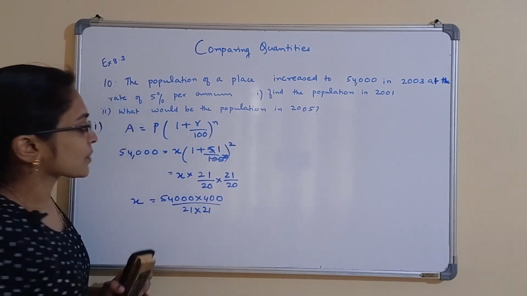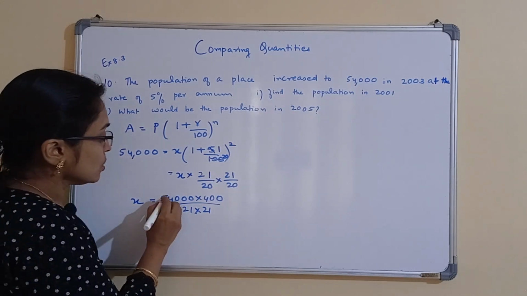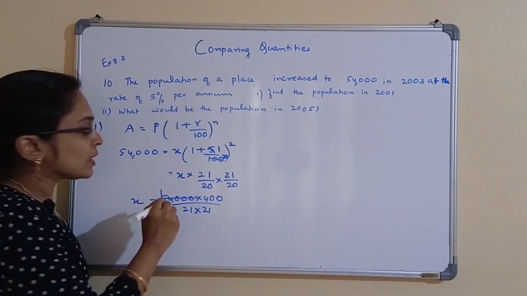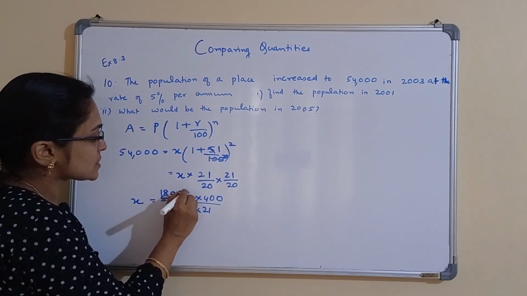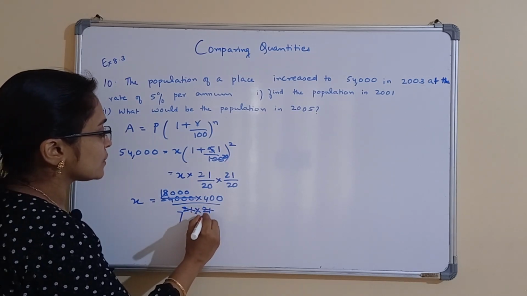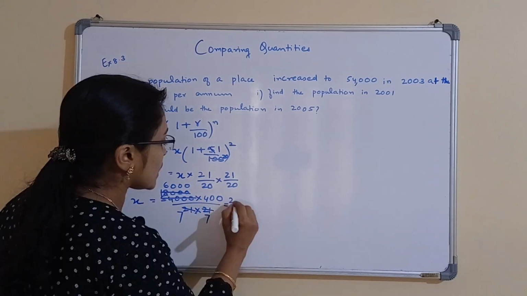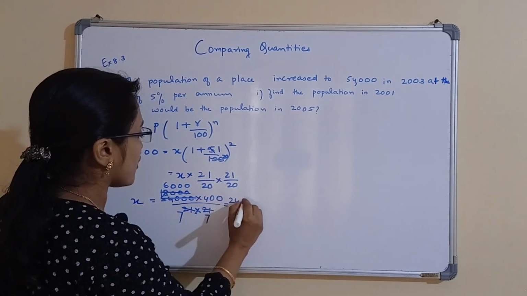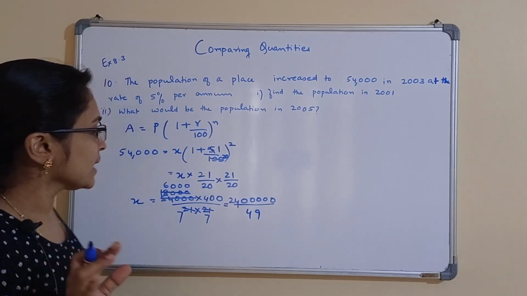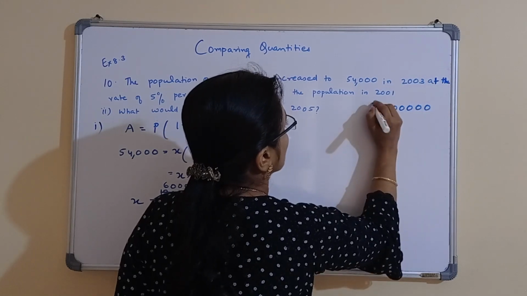Okay. Now 3, this is divisible by 3 and this is also divisible by 3. So 3 will go in 5 one time, then 2 remainder. 24 by 3 is 8 and 0. And 3 will go in 21 7 times. Now 3 will go in 21 7 times, 3 will go in 18 6 times. So 6,000. 24, 6 into 4 is 24 and 5 zeros are there, by 49. 7 into 7 is 49. So we can divide this 2, 4, 1, 2, 3, 4, 5 by 49.